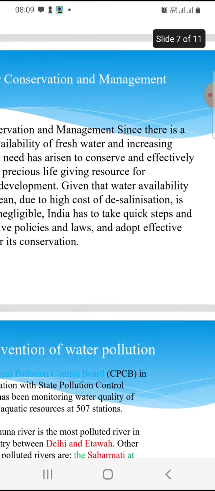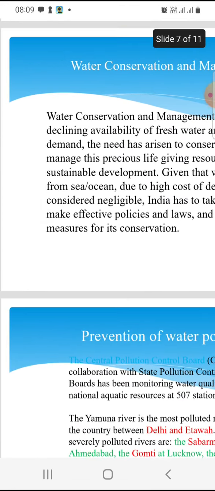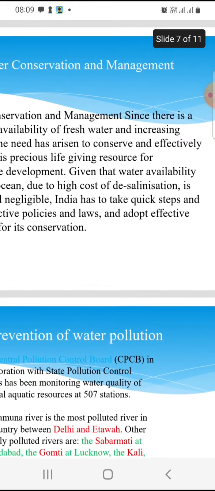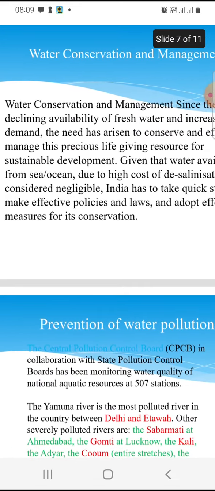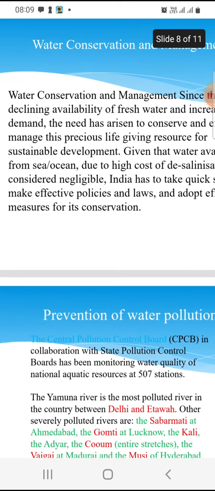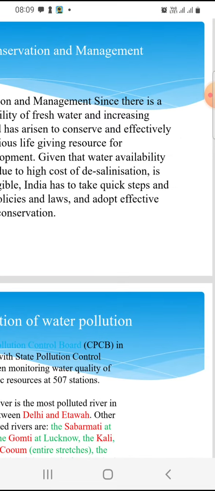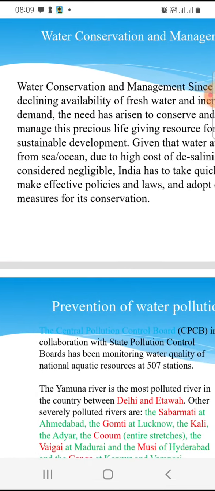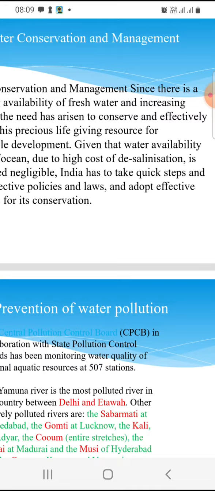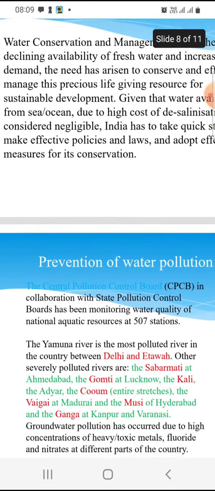We have to use it properly. Given that water availability from the sea or ocean is considered negligible due to the high cost of desalination, India has to take quick steps, make effective policy and law, and adopt effective measures for its conservation.